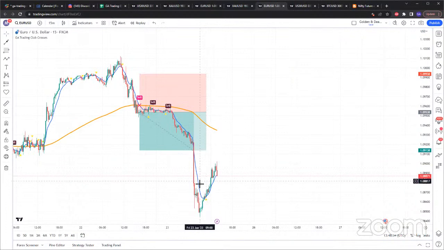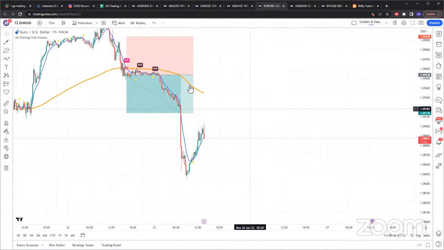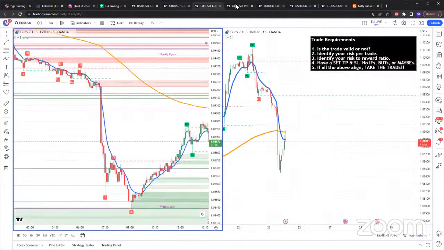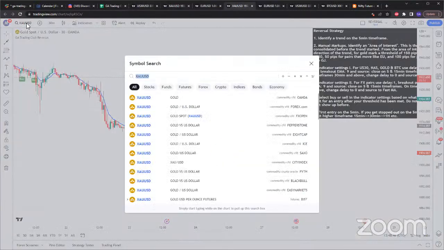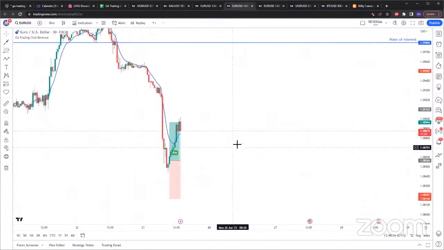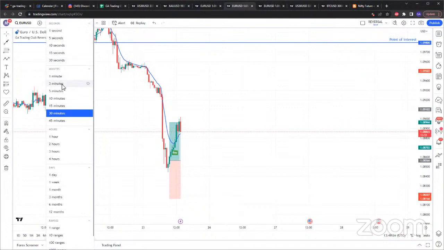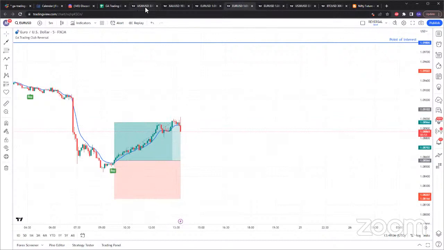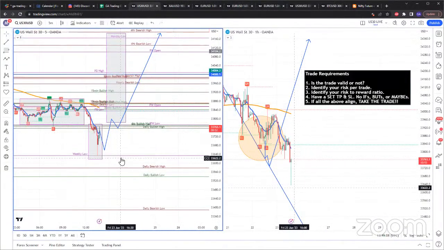Right, so this was the sell on EU to the downside, could have gone straight into TP. And then, of course, easily you could have taken the reversal also on EU. You could have taken the reversal easily on EU, and this was on the 5-minute. This was perfect. So this is how you can play all these indicators together. But anyway, let's see if we can get any trade.